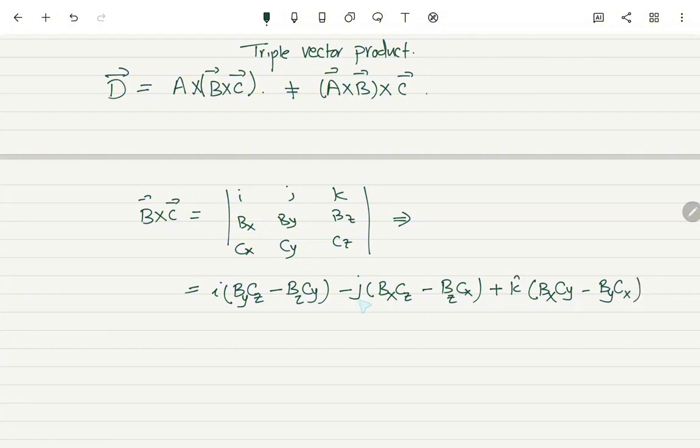Now the result, you cross product with A, so A cross B cross C